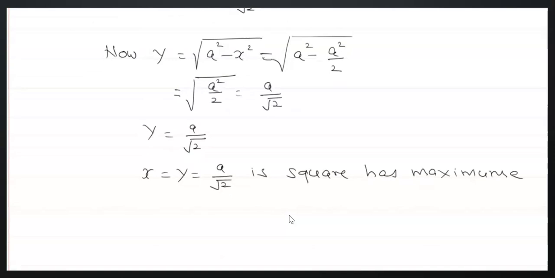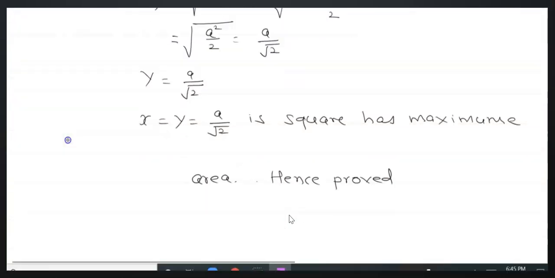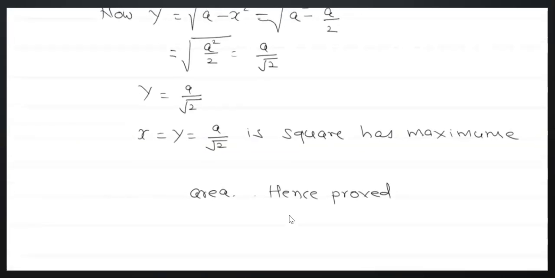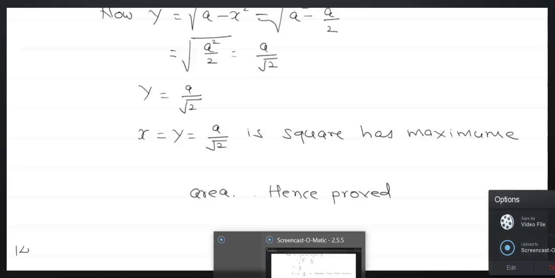The area is a maximum when the rectangle is inscribed in a circle, and we require the area maximum, it is nothing but a square. Hence proved. Now the next is